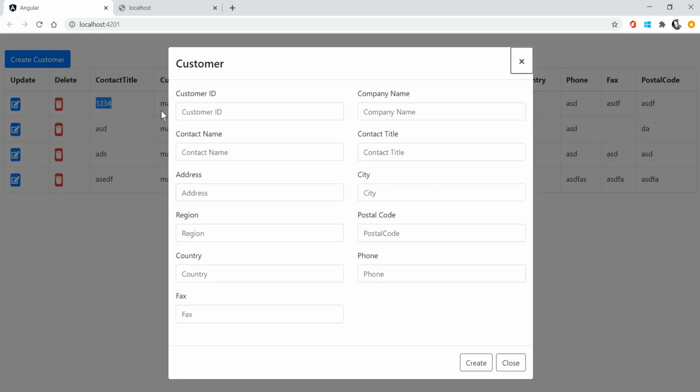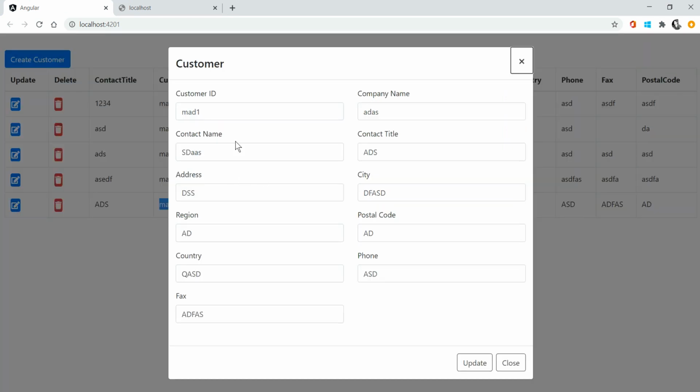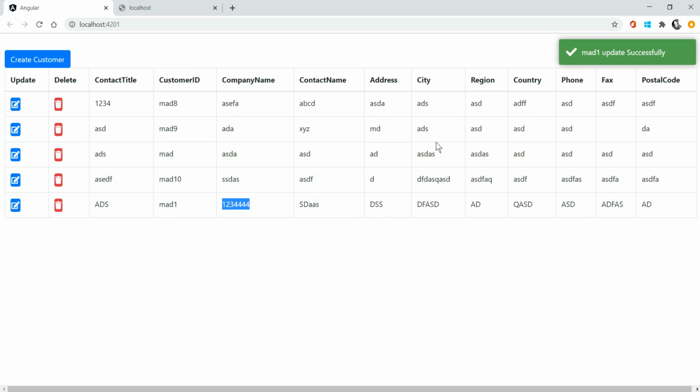Again, when you add a new customer here, create. Once you create, the new customer has been created, right? If you try to update this same customer, come here, update. Here I am updating the company name, update. See here, you see the updated value, and you can even see the notification. In this way you have to update the record.